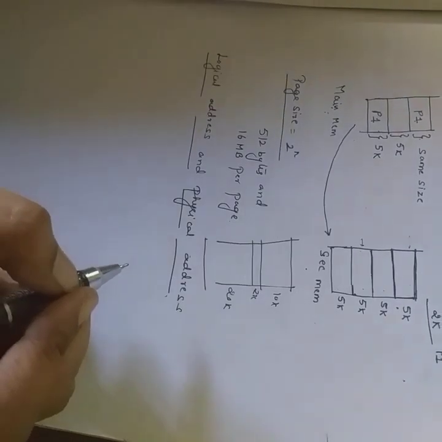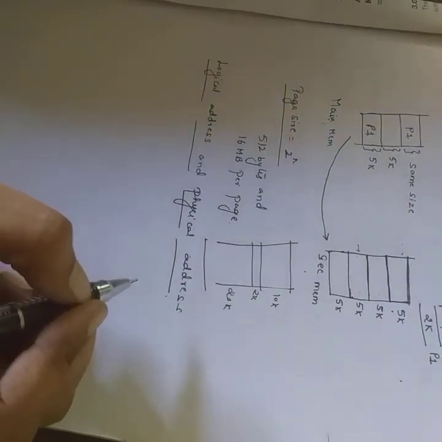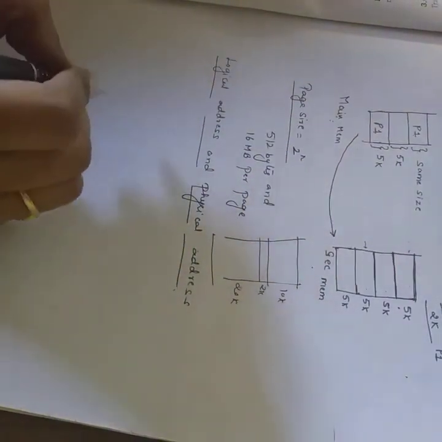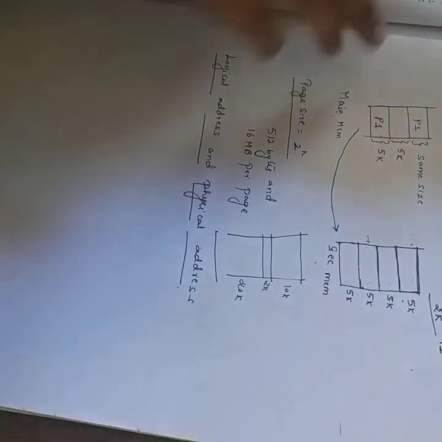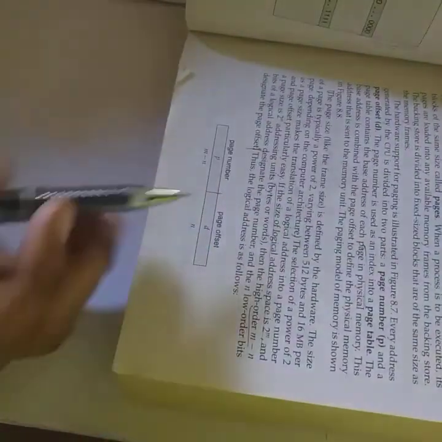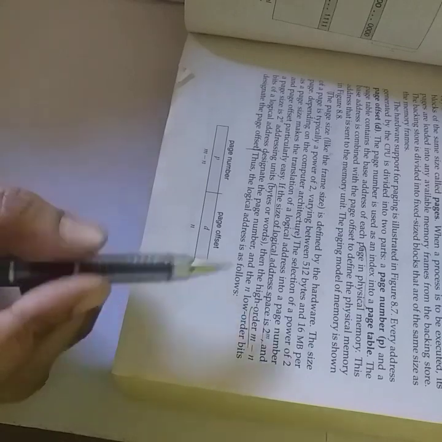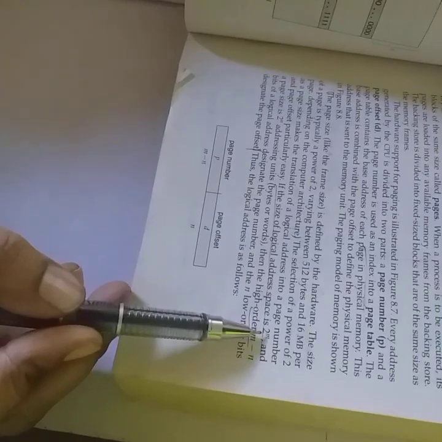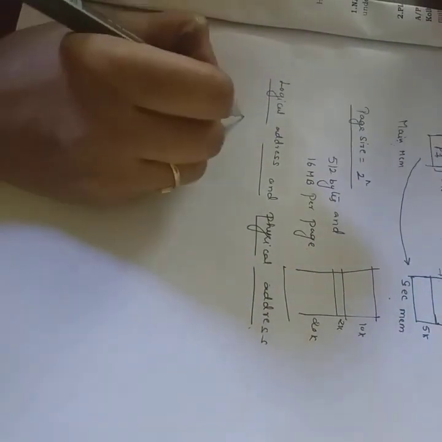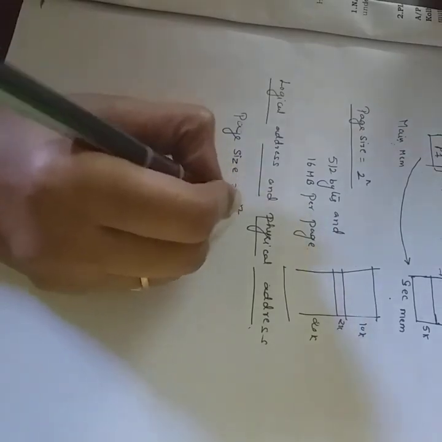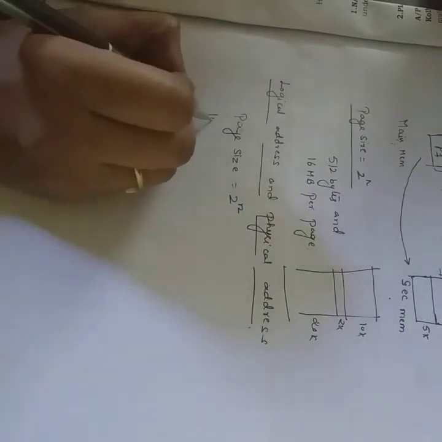Okay, logical address and the physical address. Now, logical address and physical address, we will discuss that. I will show one diagram which is given in the book itself. Now you can see here he has given that if the size of the logical address space is 2 power m and the page size is 2 power n, that means what? For example, consider page size is equal to 2 power n and the size of the logical